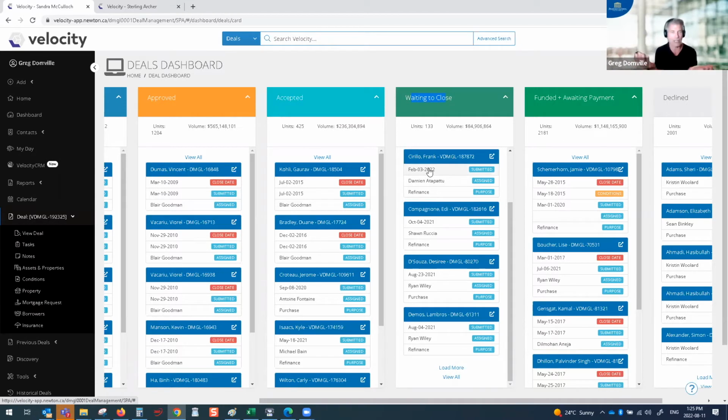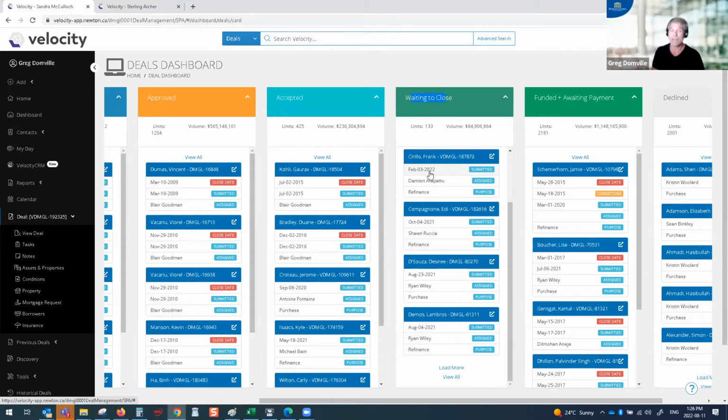So if you see a red closing date, your only task is take a look at that date. Did it actually close on that date? We all know closing dates can move. Hopefully not purchases, but refinances do all the time. So while you're waiting to close, you have 5 days to pay attention to that and tweak the closing date if it didn't actually close on the 10th. Maybe it got bumped to today. And so if it wasn't the 10th, like this red one would show, you just click on it and you just change the date to the 11th. That is hugely important for your data's integrity